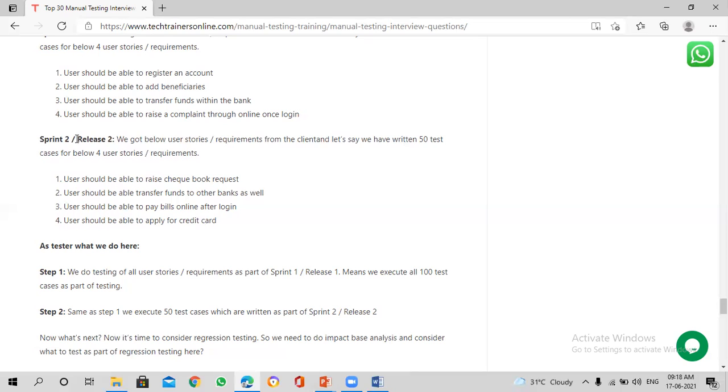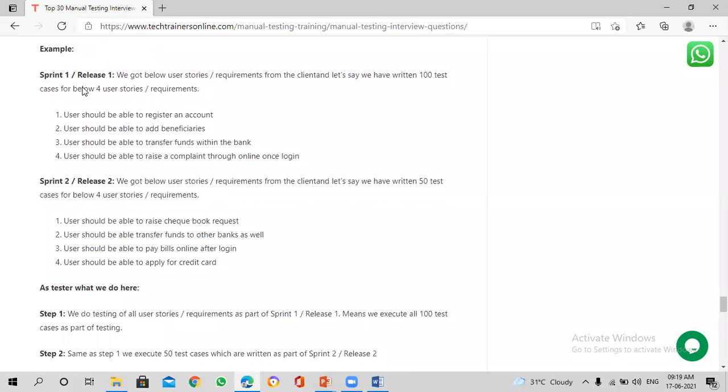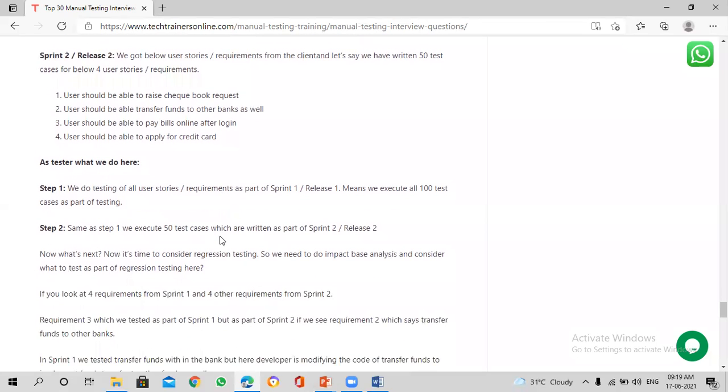I know I took a lot of time explaining regression testing because it is the most important thing for every tester to know. If you do not know what regression testing is, you will not do impact-based analysis, and a lot of defects would be missed from your end. A lot of questions will come to you: why didn't you do regression, and because of which you got this many defects. I don't want that to happen. So that's the reason that even in my blog I clearly wrote, with an example and detailed test case counts, how many you need to test from sprint 1. Okay, any questions?